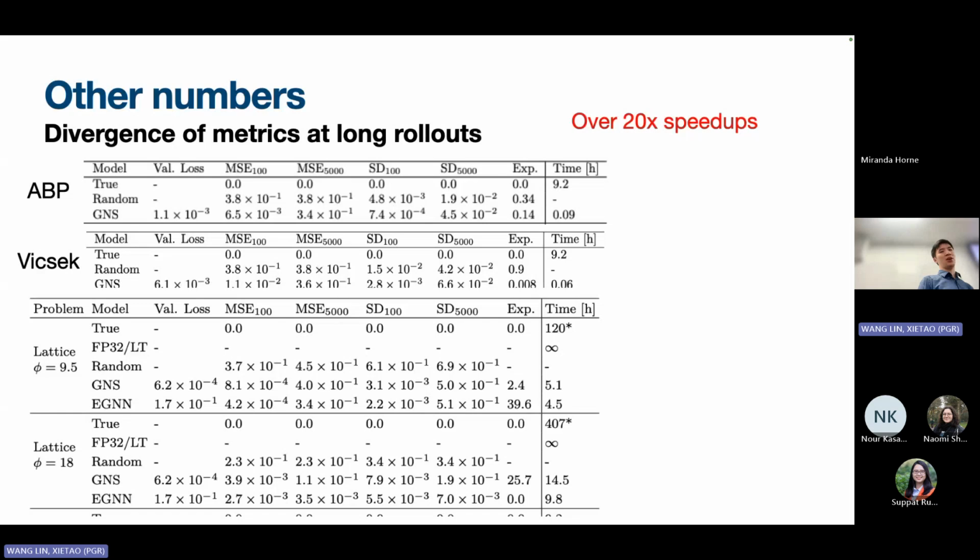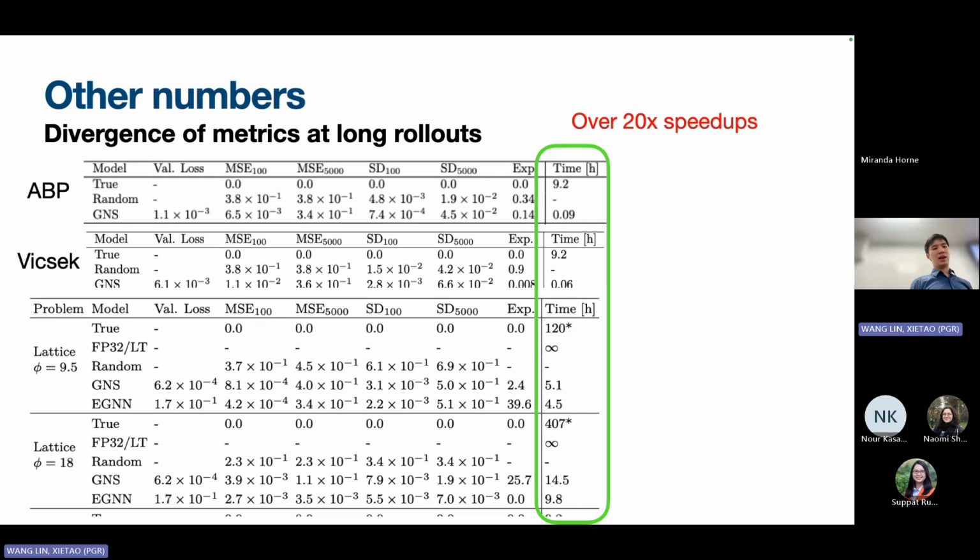Lastly, we'll talk a bit about the metrics that are actually used in the machine learning literature, not in the active matter literature, of course. First of all, if we look at the time, the speed up is very large. It's like 20x. Sometimes we even get more depending on how the experiment is set up, which is good. And I think that's the whole point of doing this in the first place.